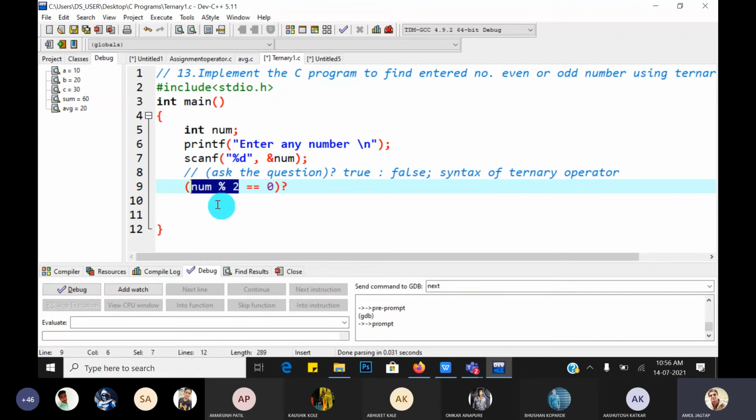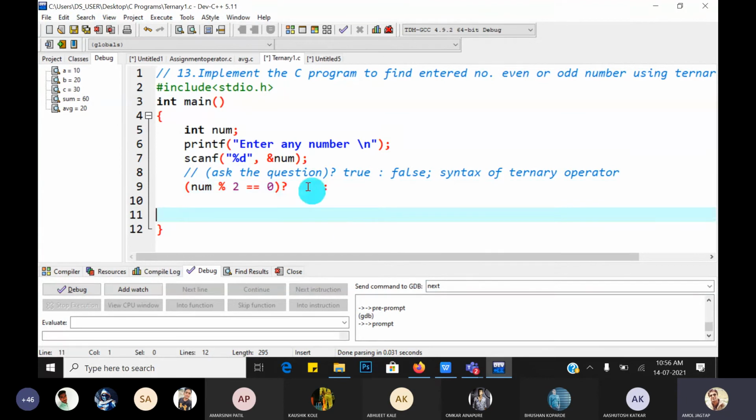10 mod of 2 returns 0. So 0 equal to 0. Yes, it is true. So which part gets executed? Before the colon. That is the true part. So what do we have to write? We have to write the statement like this: printf